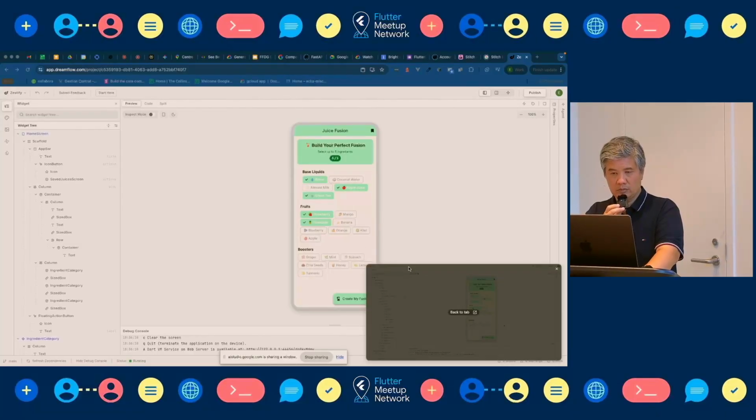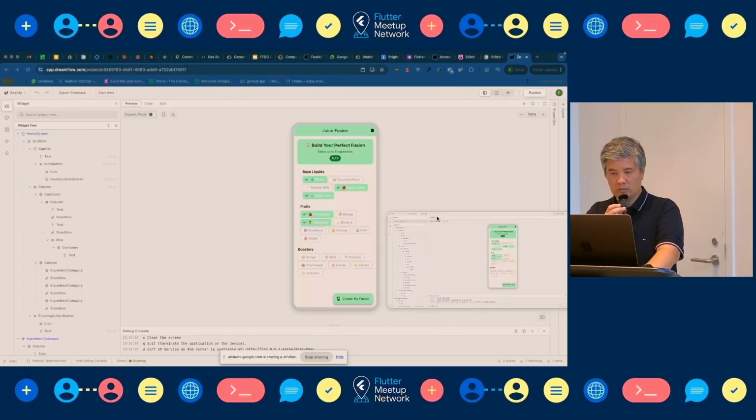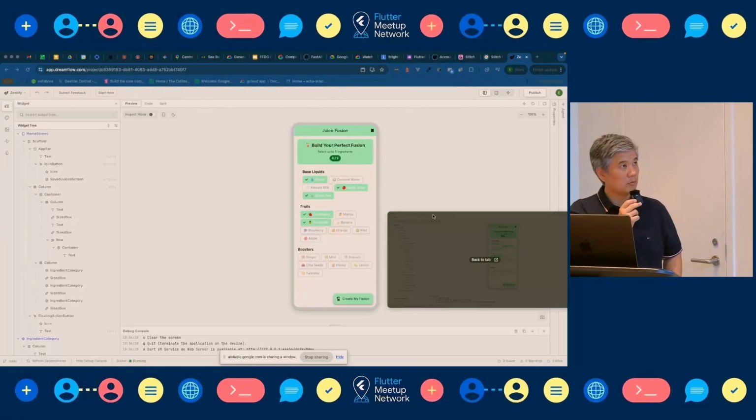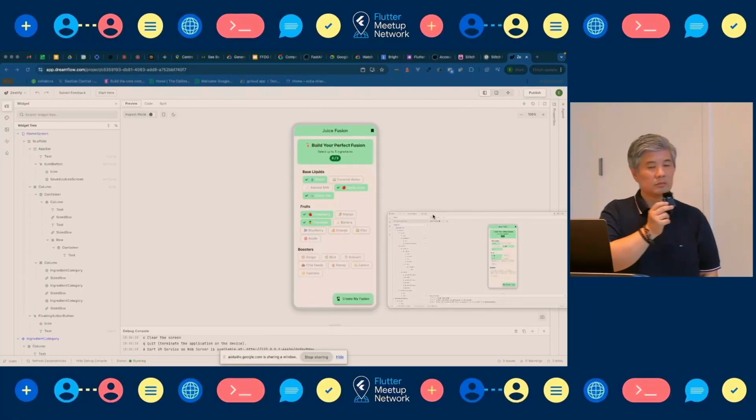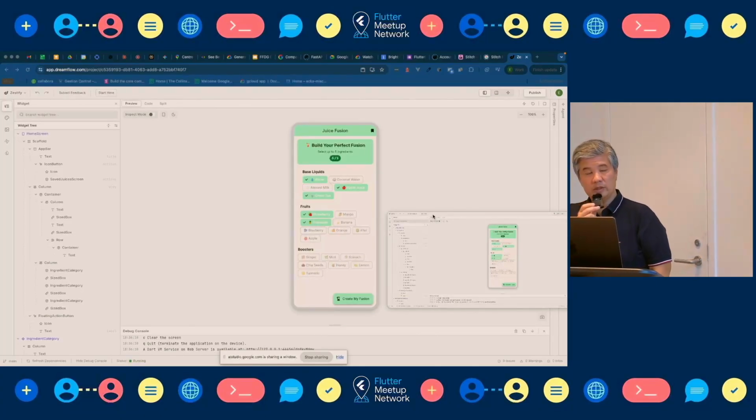The Juice Fusion app interface looks great. The ingredient categories are well organized, and the selection limit is clearly displayed. What other feedback are you looking for? How can I improve the user experience?